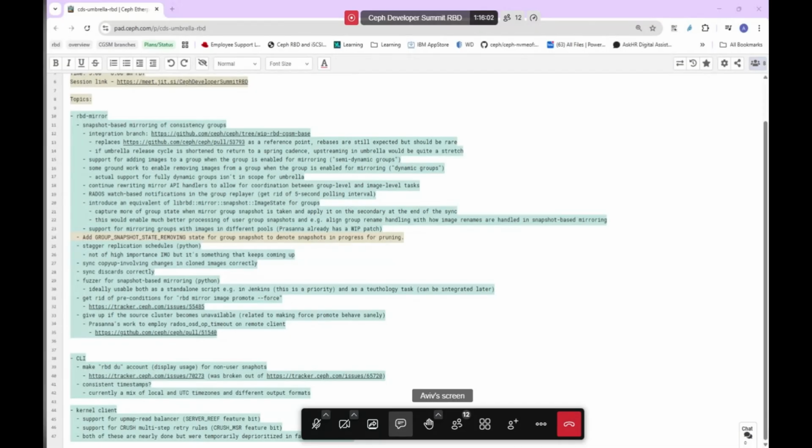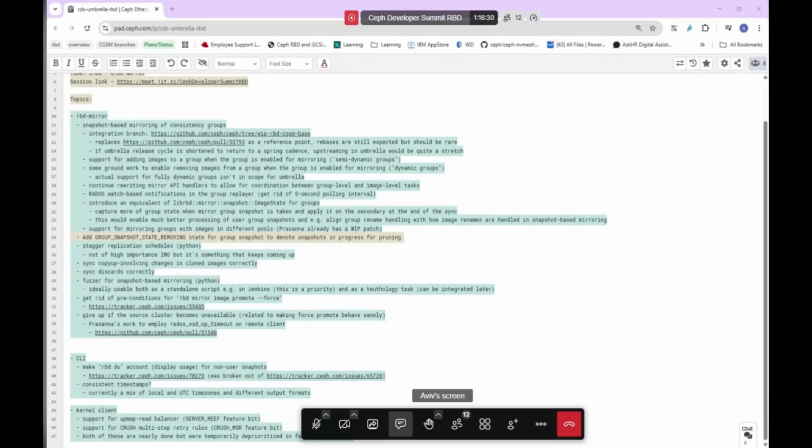This is not an RBD decision, but obviously we couldn't deprecate. We couldn't even announce deprecation when there was a major command that still defaulted to Messenger 1. That was an omission on our part. We do have orchestration systems. So, for example, Ceph CSI